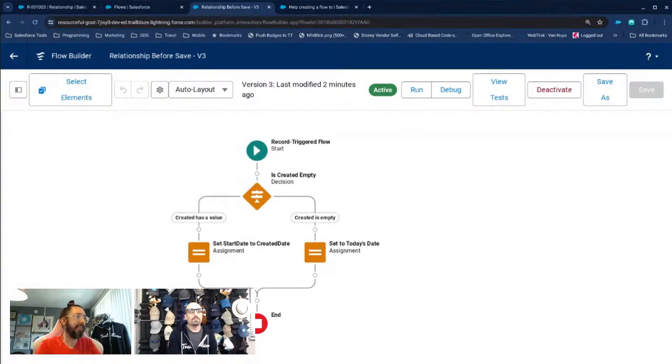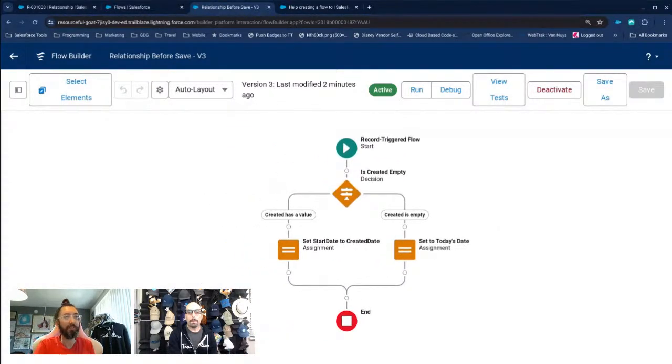Okay, terrific. So the speedy recap is, first up, make sure the flow is active, which in this case we can be fairly confident that it is, because even when it's active, it wasn't behaving as we expected it to or hoped it would. And the ultimate solution is, because we're using a fast field update and those chocolates have not yet gone into the machine, they don't have a created date on the box of chocolates,